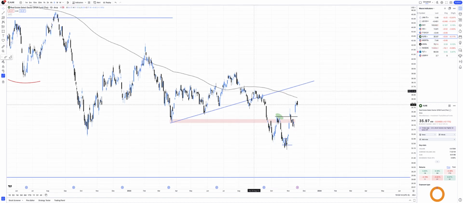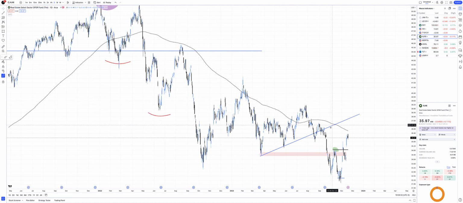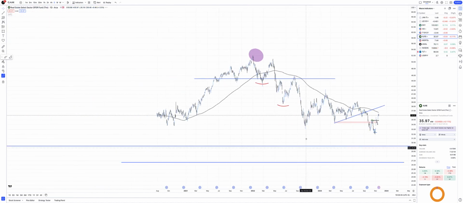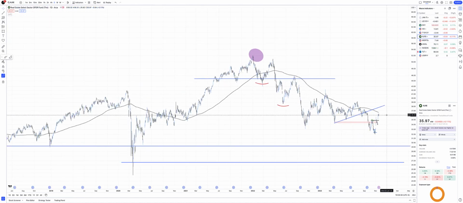So the next areas would be, we've broken above here at 35.96. We're looking at the next level, 37.39, for us to keep heading higher. Price moves in waves, but this is an indication to me that we could actually start seeing the real estate market turn around, right? But we do have to get back to where we were,